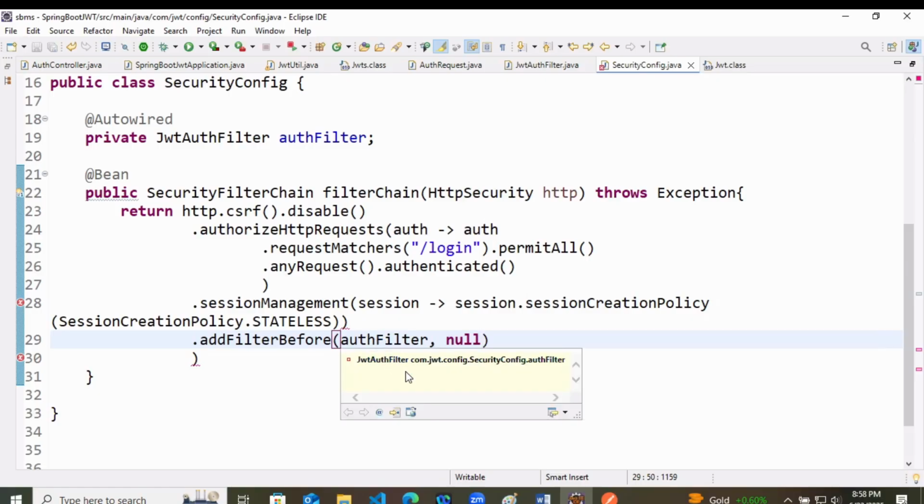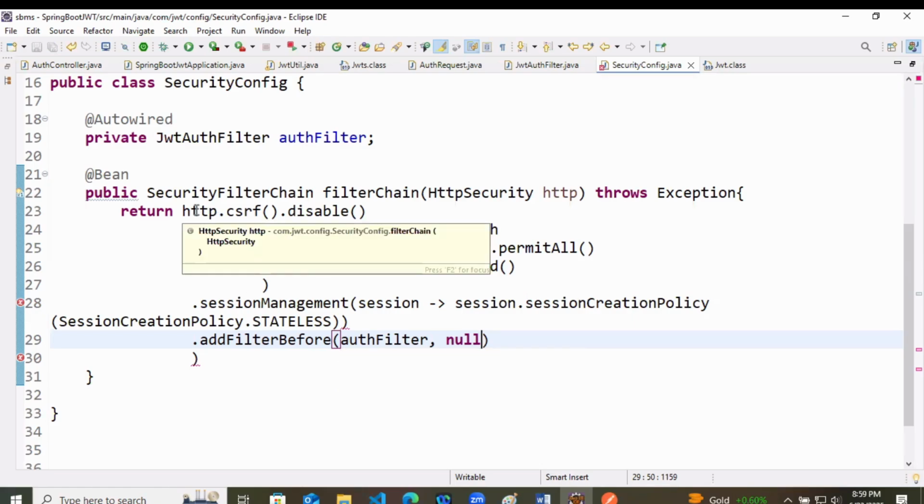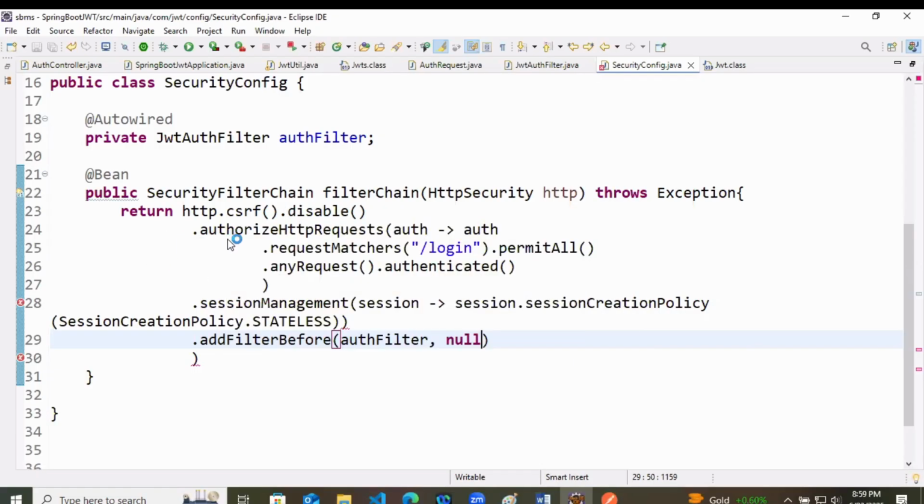Okay, there is some issue in this. HTTP, then CSRF disabled, authorize HTTP requests, request matchers slash login dot permit all, any request authenticated, then session management, session creation policy.